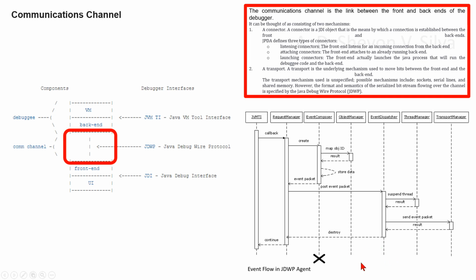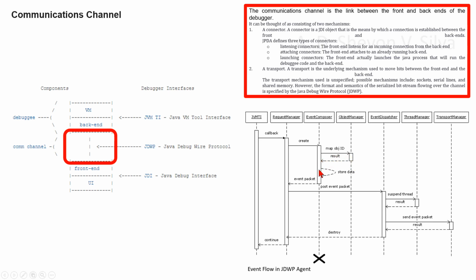This is done because the JDWP specification does not provide means for reporting event errors. Here you can see a JVM TI, request manager, event composer, object manager, event dispatcher, thread manager, and transport manager. JVM TI is connected to request manager via callback, and request manager is connected to event composer via create. Here the event composer is connected to object manager via map object ID, and object manager is connected to